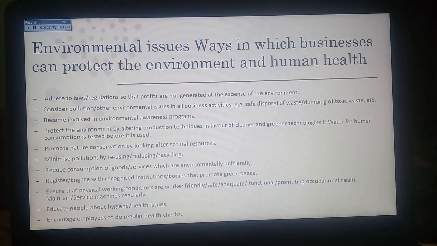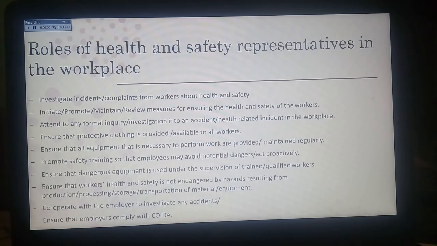Environmental issues: businesses adhere to the laws, consider pollution, and become involved in environmental awareness. All right, roles which can be held in